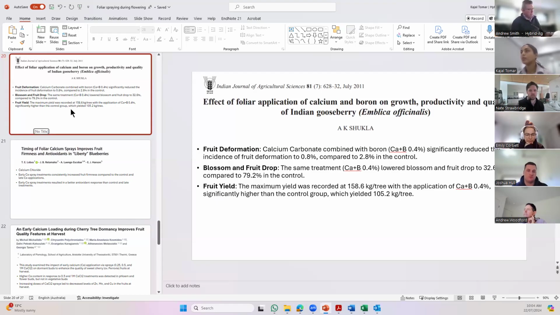Because there are so many of those factors that can be limiting, and it's one of those key nutrients that we really do need through that flower bud development stage. So it's super interesting